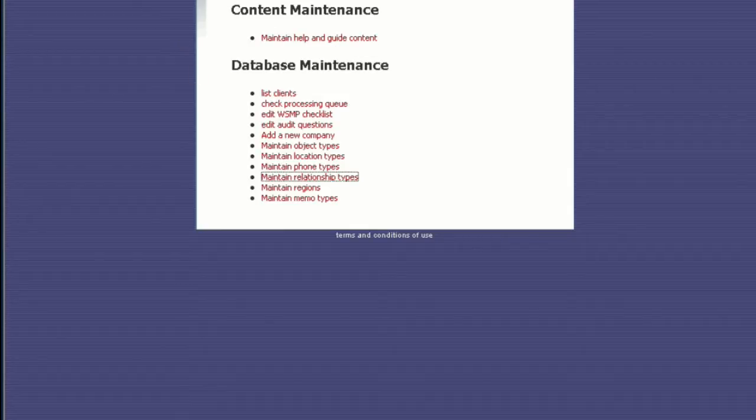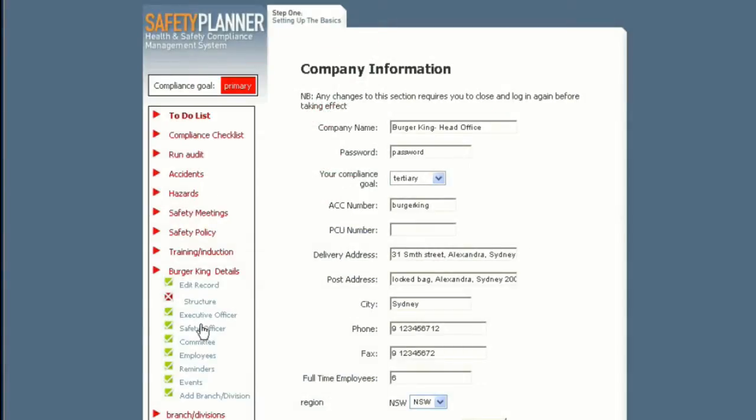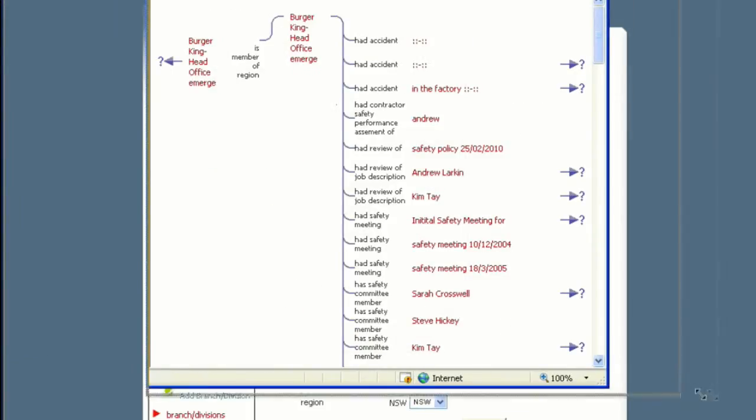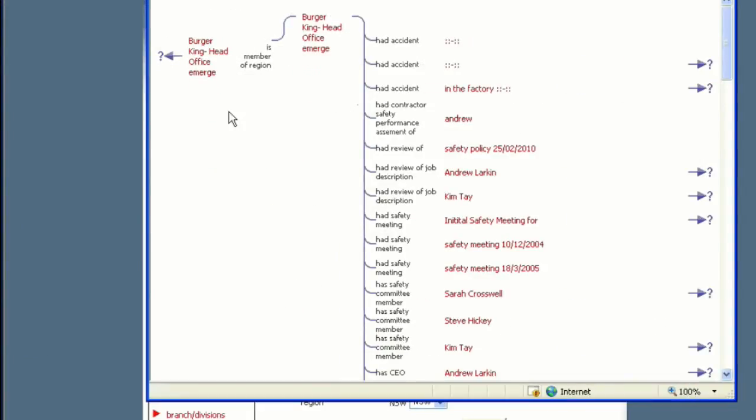In terms of reporting, what this provides is a very dynamic view of the company. If we have a look at the structural view inside Safety Planner itself, then we'll see we have a visual view of the organization. It has a relationship type, and then each of the